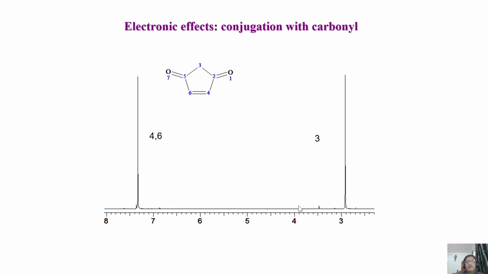It is the electronic effect. As I said, in the conjugation of this C double bond, in this case this proton you see coming at high field, close to 2.9 ppm, whereas these two protons, 4 and 6, come very close to this. See the effect of this on this molecule. A simple molecule, symmetric here. These two protons are equivalent, and just by substitution of C double bond O in this position, this proton comes to high field, whereas the 4 and 6 protons come to downfield.